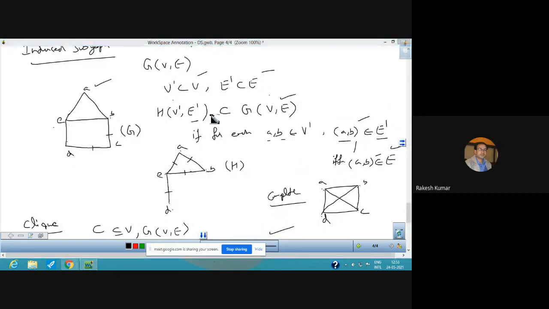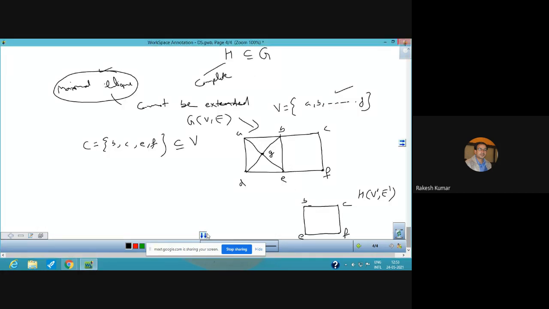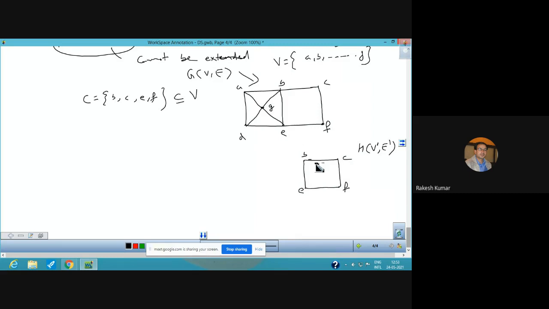You just see induced subgraph मतलब जो edge E dash में है वो edge E में भी होना चाहिए. This was the meaning. And similarly here is the case here. This is an example. BC is an edge in H. So BC is also an edge in G. So this is also the part of edge set E. यहाँ पर भी है. Similarly ये बाकी के तीन भी इसमें हैं. So this is the meaning of induced. Now come to the clique.